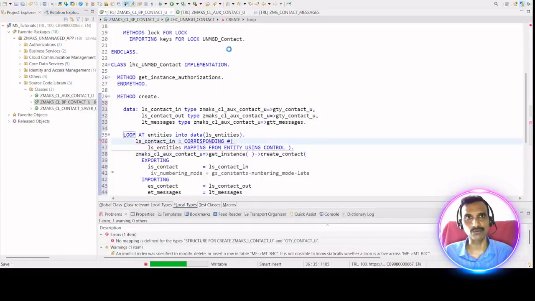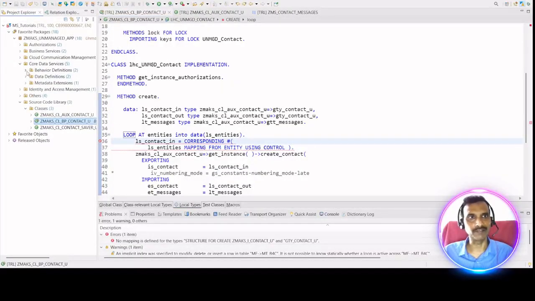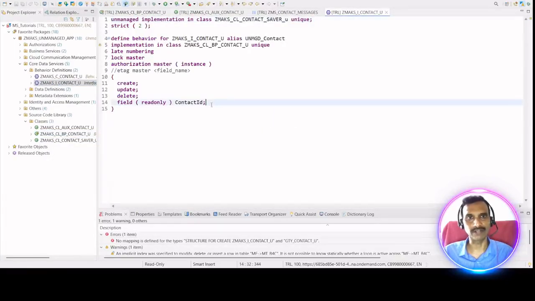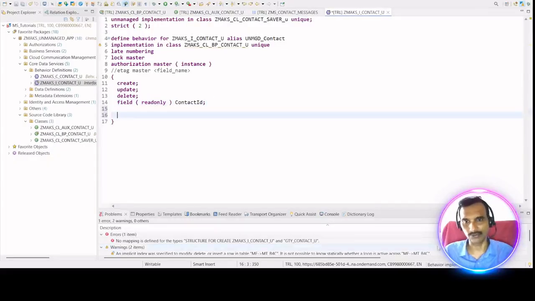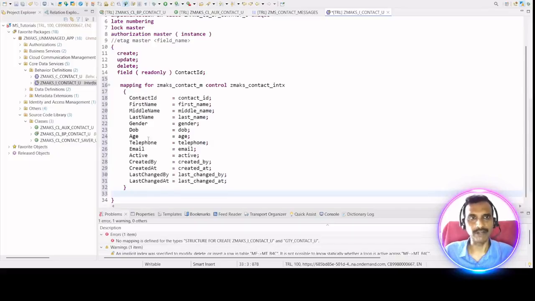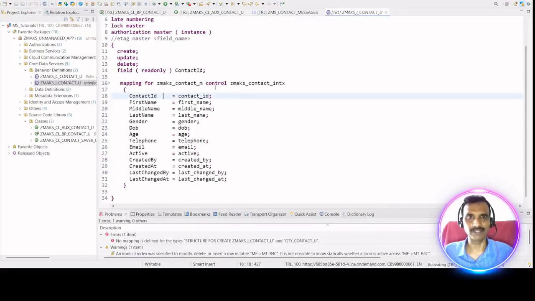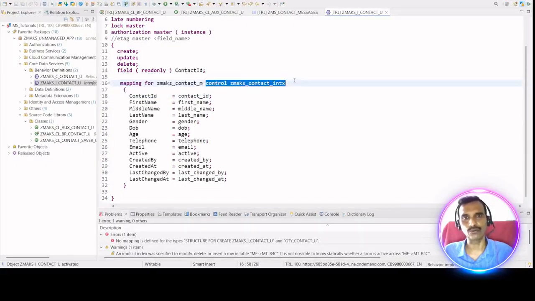So first thing that we need to do is go to our behavior definition in the contact, and we will have to define as usual the mapping here, as you have seen in our read only as well. Okay, let me quickly do that and get back. Okay, I have filled in our mapping here. Let me activate this. As usual, the same thing. The only thing is now I am using the control also here, and using the control,